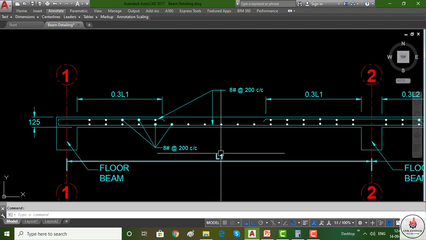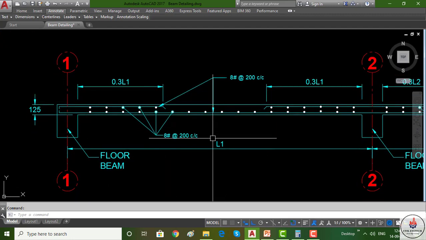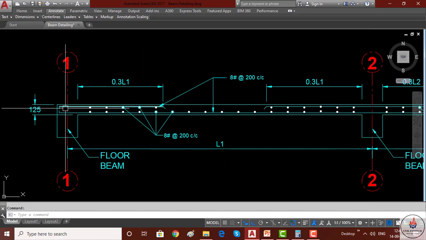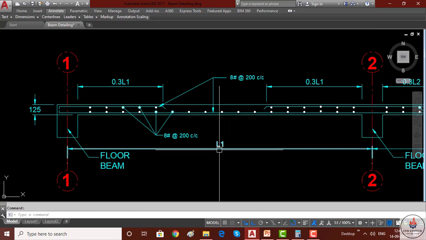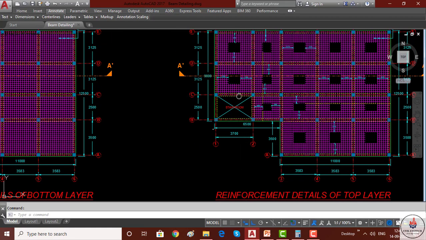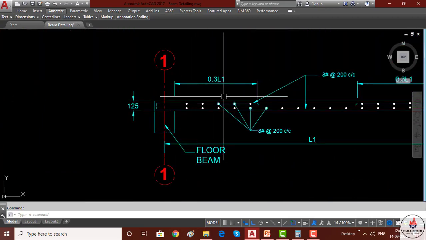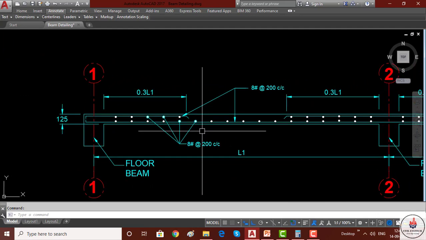And here it is the detail of the curtailment. This is the span L1. You can say that this is grid 1 and grid 2. In between this, the panel length L1 is actually 3700, and we have to provide the curtailment of 0.3 L1 and 0.3 L1 from the face of the beam.